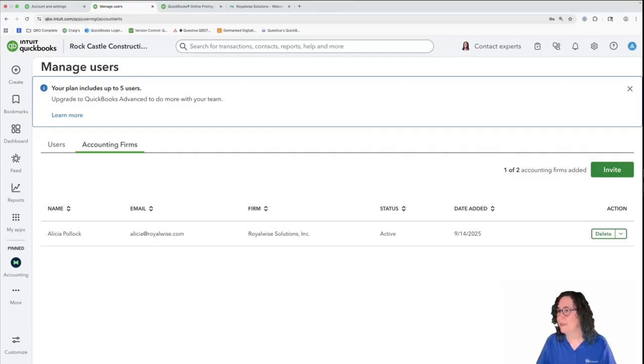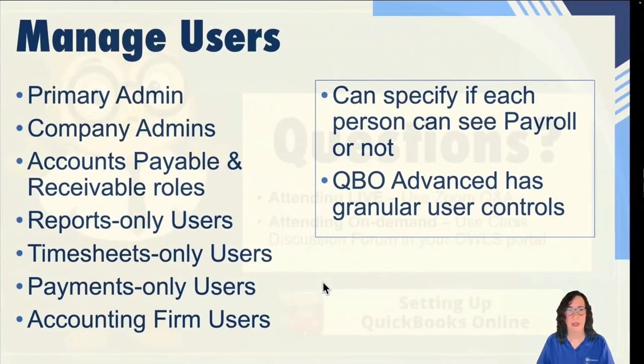All right. If there's any other questions about the settings or the users, this is the time to ask. Otherwise,